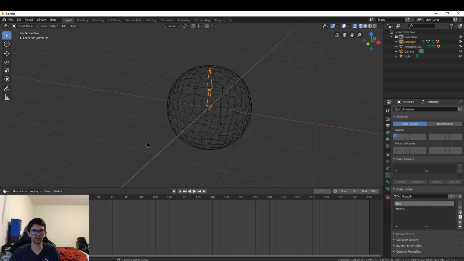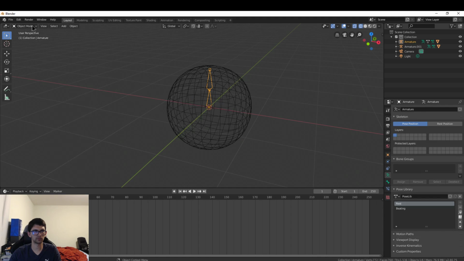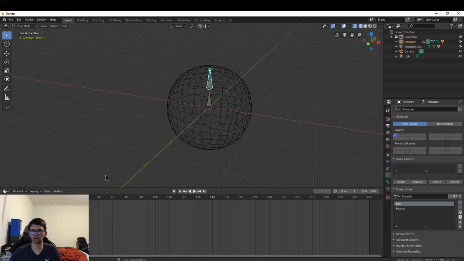Let's apply our rest pose. We'll do insert. Oh, I guess we got to be in pose mode. So we'll insert, pressing I, and do whole character. And then make sure you have all the bones selected. Move over to, like, let's say,